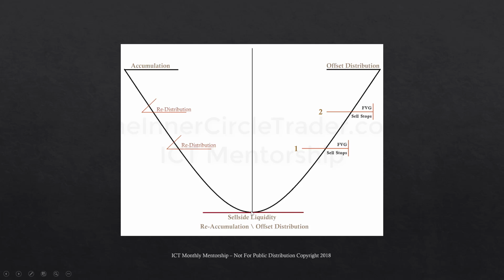Now, it could be a terminus of a market maker sell model, which would have been over here, and they created the sell off here. Then you have distribution, redistribution, and then terminus for that previous market maker sell model. For an example of something like that, if you look at the dollar Swissy,